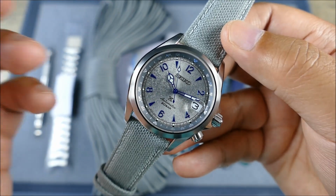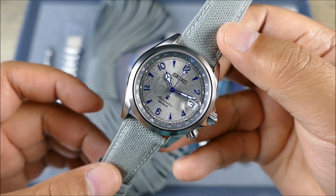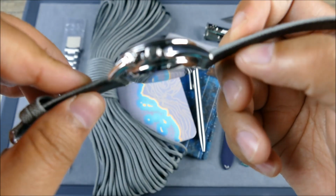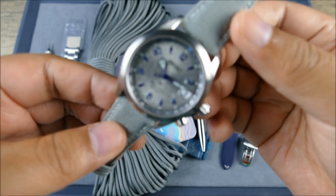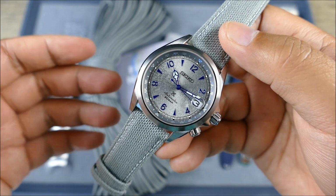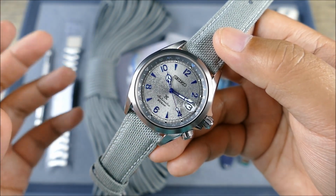In terms of the dimensions, guys, this is actually the same case that you've seen on other Prospex Alpinists, to include watches that I've reviewed here and owned. So 39.5 millimeters across. It is 13.2 millimeters thick and 46.3 millimeters lug to lug. It's brushed and polished stainless steel, and it's pretty much the same dimensions as that original SARB 017 JDM green and gilt, that really kind of set off the